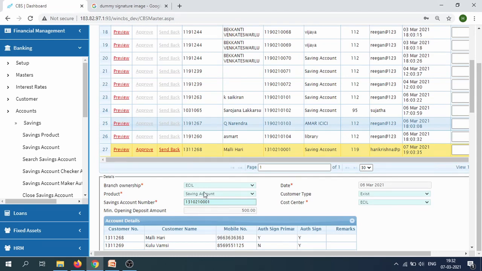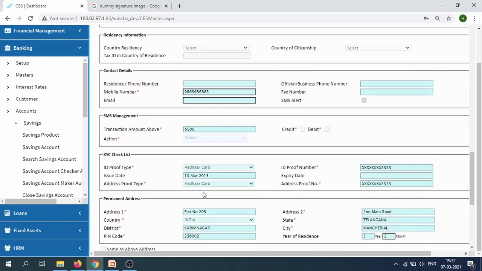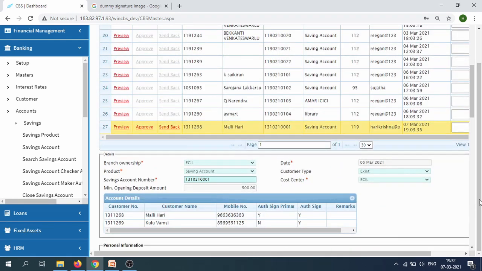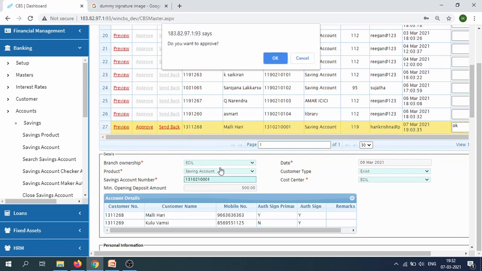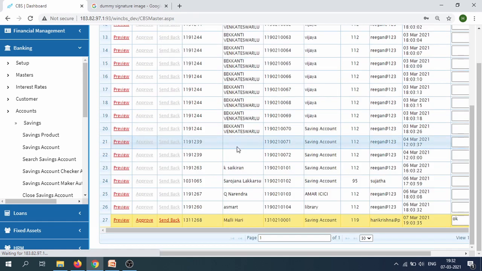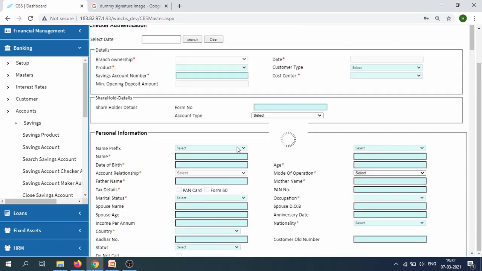So the checker can verify and he can approve the account opening. He can verify all the details. Now we have created customer 1, customer 2 and we have created the account also.